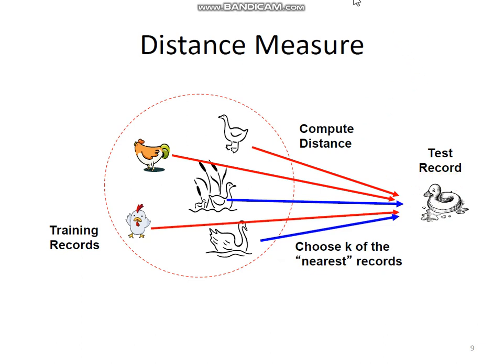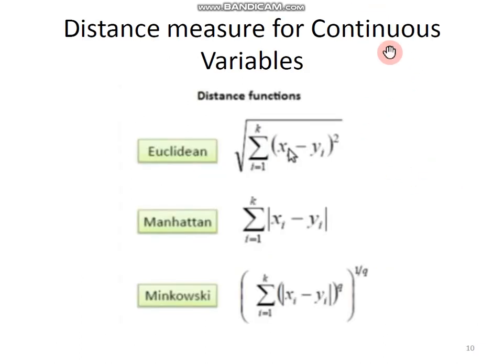How are these distances computed? There are different similarity or distance computation functions available. Here you can see that Euclidean distance is one such measure which can be used to compute the distance.